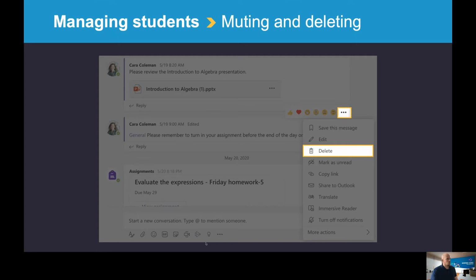So the very first thing we have here is the ability to delete student messages. At any time, if you notice a message comes up, you can always go into that space and delete it straight away. Other students don't have permission to delete other students' messages. And we will look at whether you want students to be able to delete their own messages as well, because that one is optional.